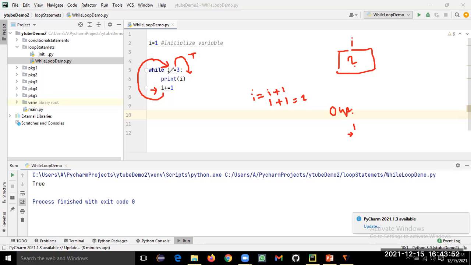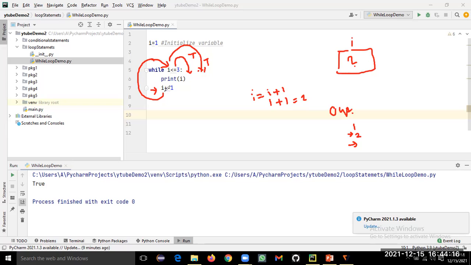What is the current value of I in the memory? That is 2. 2 is less than or equal to 3, yes, true. So program control will come here, and it will again print the current value of I from the memory. The current value of I is 2, so the output will be 2, and the cursor will go to the next line.